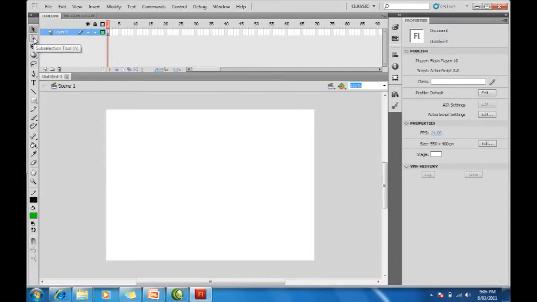Sub-Selection tool, Free Transform tool, 3D Rotation tool, Lasso tool, Pen tool, Text tool, Line tool, Rectangle tool, Pencil tool, Brush tool, Deco tool, Bone tool, Paint Bucket tool, Eyedropper tool, Eraser tool, Hand tool, Zoom tool, Stroke color, Fill